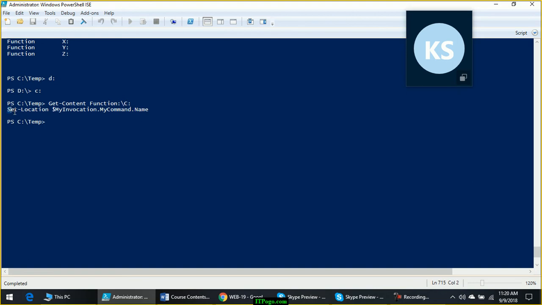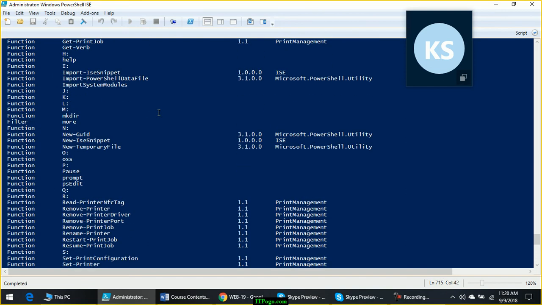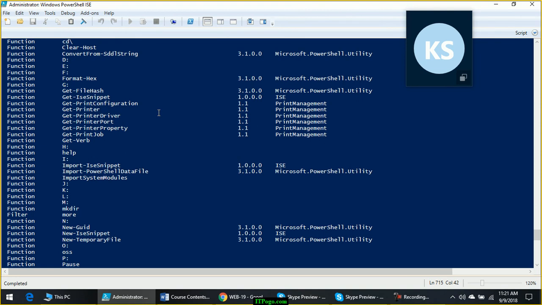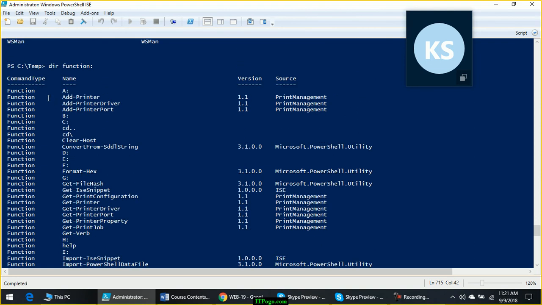This is the command which is getting executed when you run C:. Now don't worry much about this as of now, because when we discuss functions in detail, you will understand this better. For now, just remember, whatever system defined functions are available, those are available here with their source code.